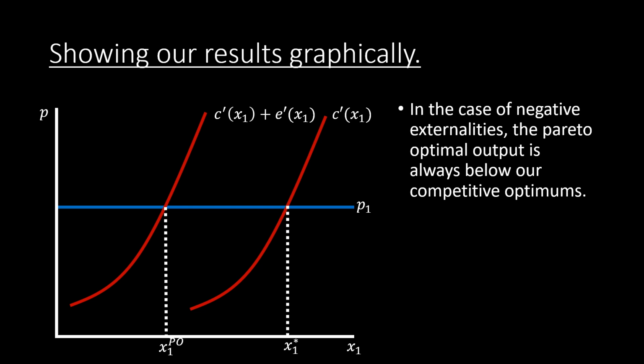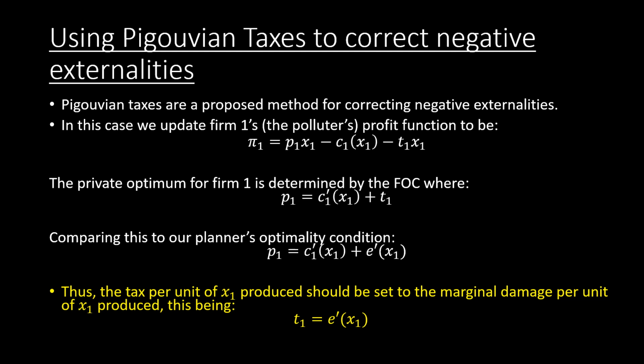And what that means is that each unit of X1 is really more expensive in this case when we start considering the social cost. In general, for negative externalities, the Pareto optimal output will always be below our competitive optimums. Now, just as a last word here,